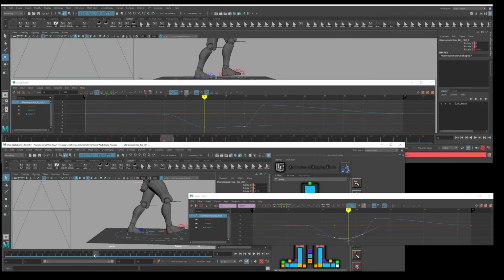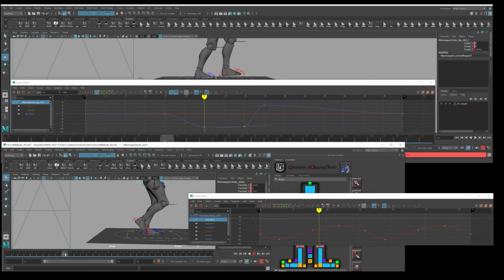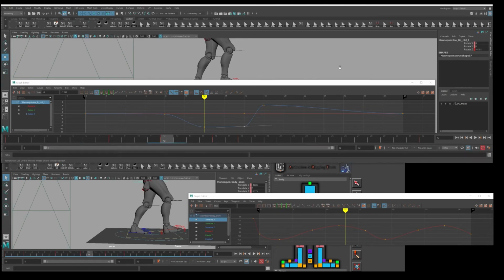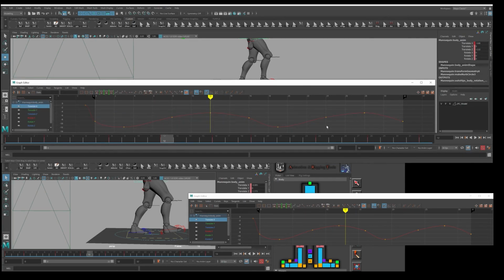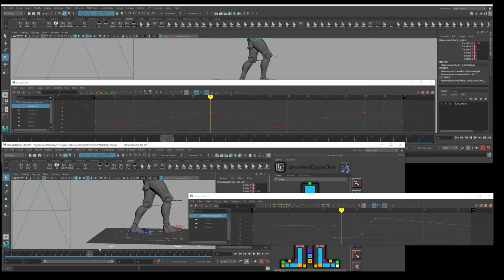So that's one way you can fix a little bit of those pops that you see in the leg. Sometimes there's a little bit of back and forth that you're going to have to adjust your root translations as well, just so that you can prevent any pops that happen. But I would suggest if you have a really nice flow like he does here with his root translation, I would try to maintain this root curve, which I didn't really touch, and I just started to finesse it with his foot controllers to try to break up a little bit of that extension,